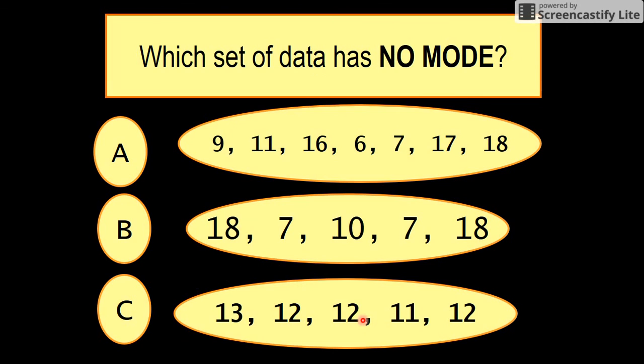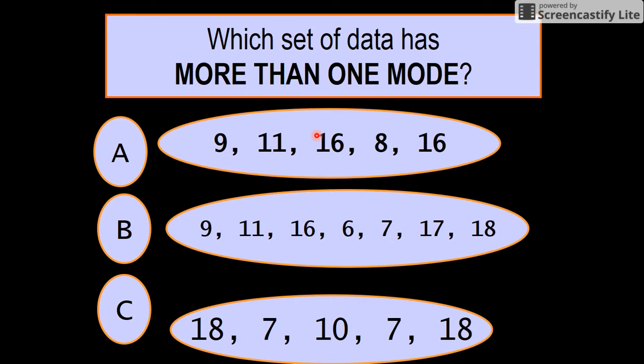Yes, it is. Which set of data has no mode? So 9, 11, 16, 6, 7, 17, 18. None of those have been repeated. Those have repeated, and those have been repeated. So I would say A. Yep. And more than one mode, well, there's 18, 7, 10, 7, 18. So there's 2 lots of modes in this one. Yep. That one's got 1, so I would say